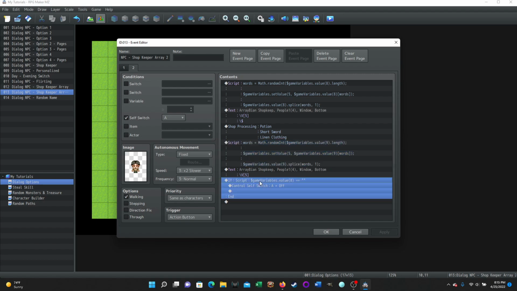And then down here, if you recall from the previous tutorial, this is where there's a conditional branch, and it's basically saying, hey, if the $game variables dot value 8 is empty, essentially. It's equal, and then there's quotation marks with nothing there. It's checking to see if the array is empty,